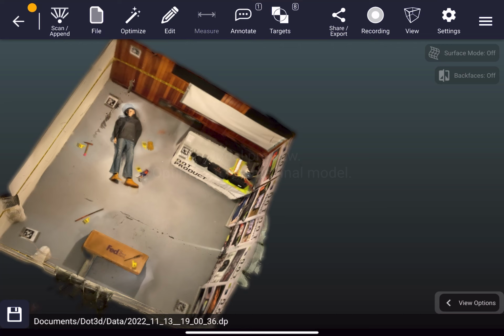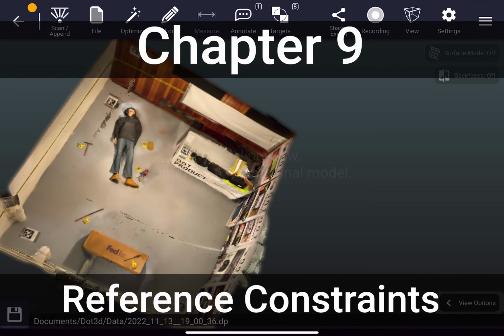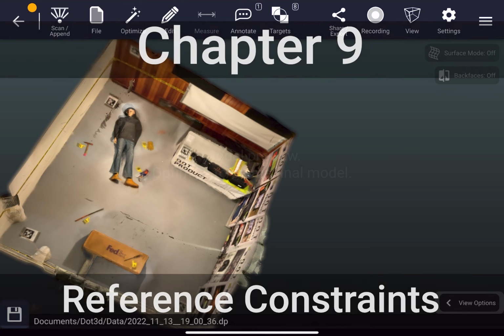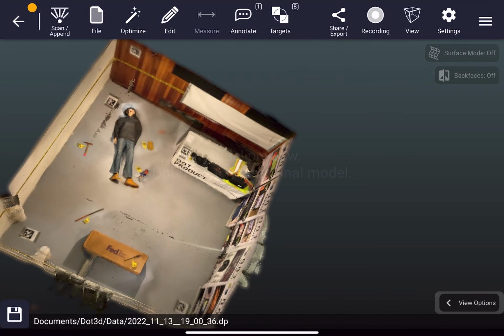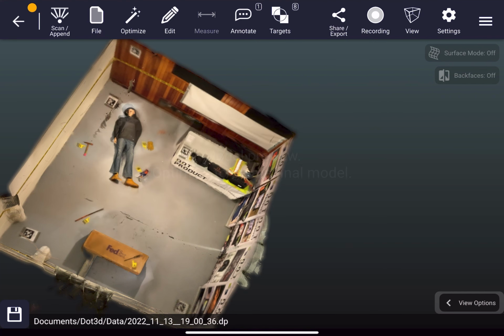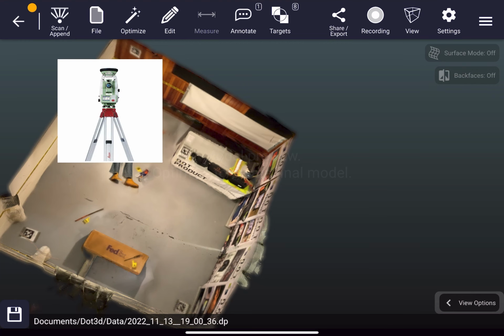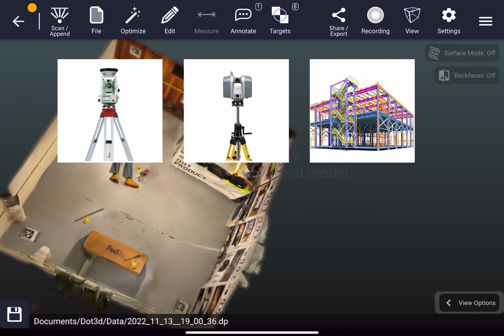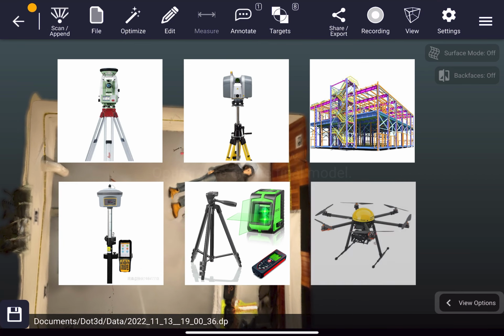So if you weren't using any sort of advanced targeting workflows, the next step would be to go straight to the optimization button up top. But in this case, as mentioned, we do have some measurements that we want to apply. So if you have any reference constraints that you want applied to your data, you want to make sure that those are input before you optimize your scan. Reference constraints can include measurements from a tape measure or a laser disto like we're doing today, or known target coordinates from any trusted source, such as a total station, another laser scan, a CAD model, GPS points, drone data,